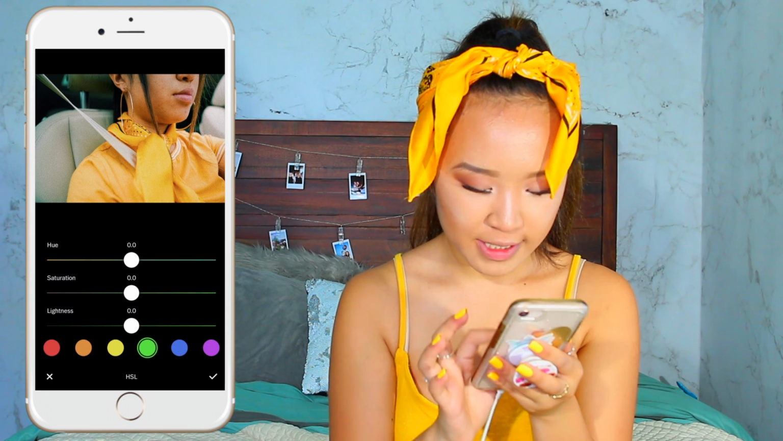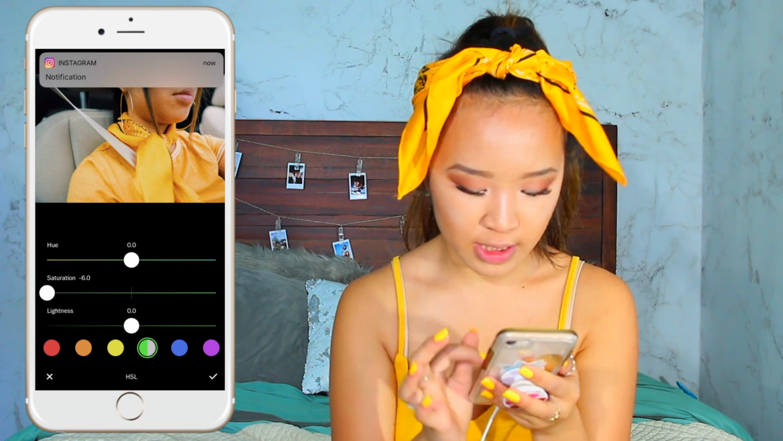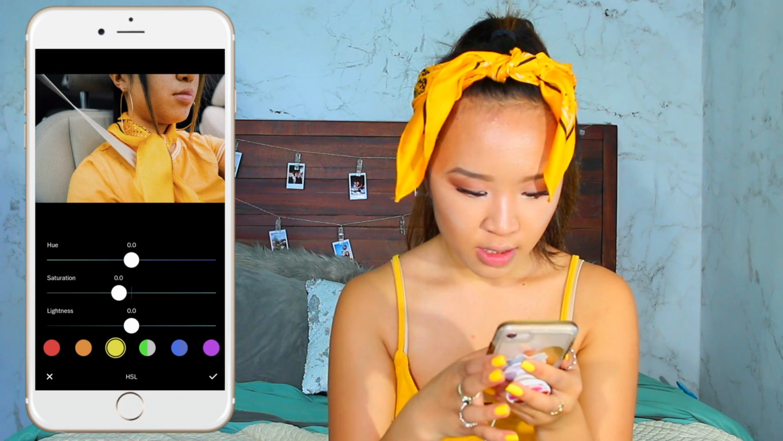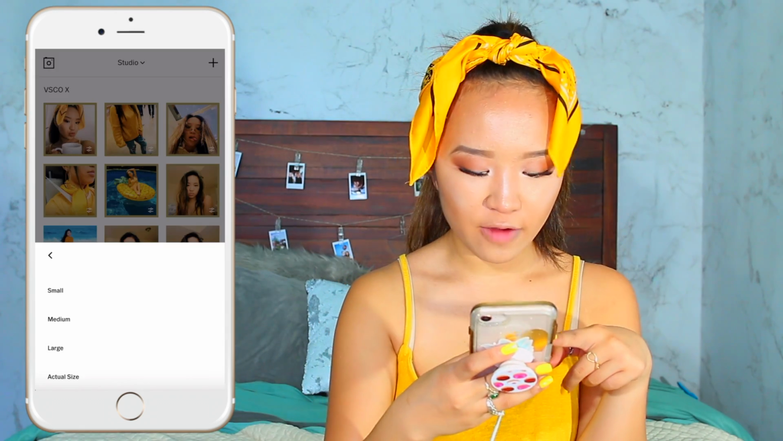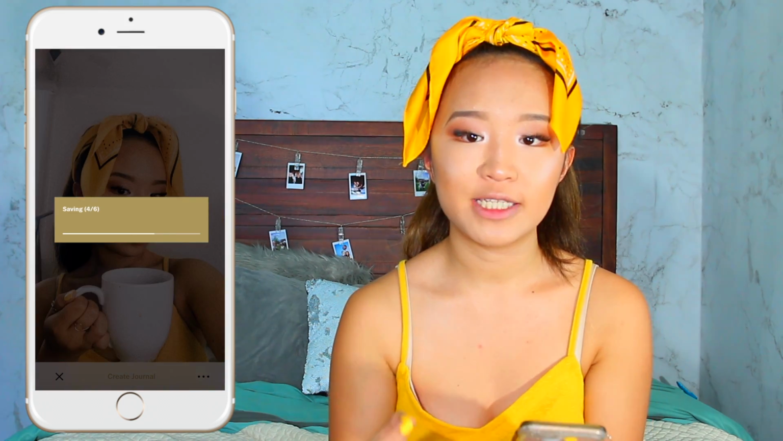And then with this, I'm definitely going to bring all of the greens down because it was just way too much green in this photo. I'm also going to bring a little bit of the blue down and then boost up the yellow. I'm going to save all these photos, and a really cool app that I like to use when I want